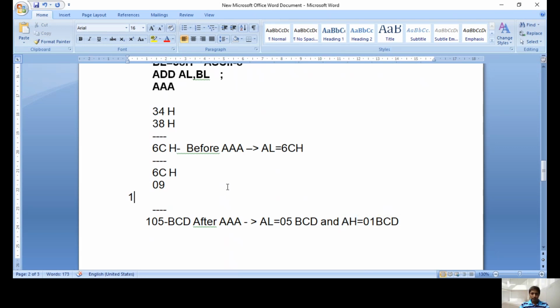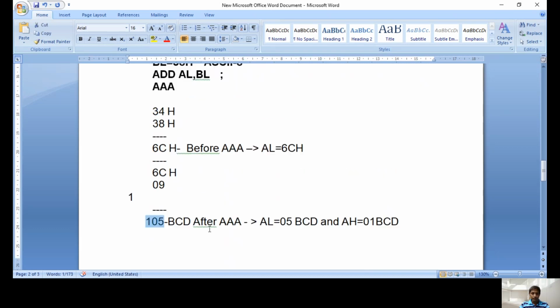So again, see the role of the AAA instruction. The AAA instruction will check the result. That result should be in unpacked BCD form only. If the result is not unpacked, what happens? It will check whether the lower 4-bit value is more than 9 or not. If it is more than 9, then add 09. The higher 4 bits become masked off, whatever the value in the higher 4 bits, it becomes all zeros. And if the lower 4-bit value is more than 9, add 9. In that addition, if any carry comes, that carry goes to the next byte, not the next 4-bit position. Like that we get the 105 result.